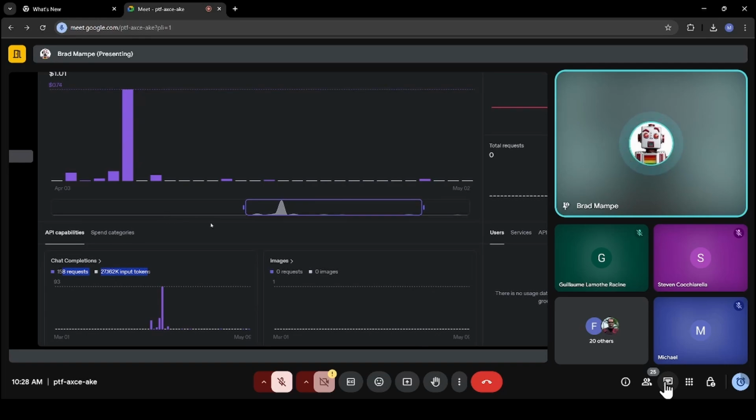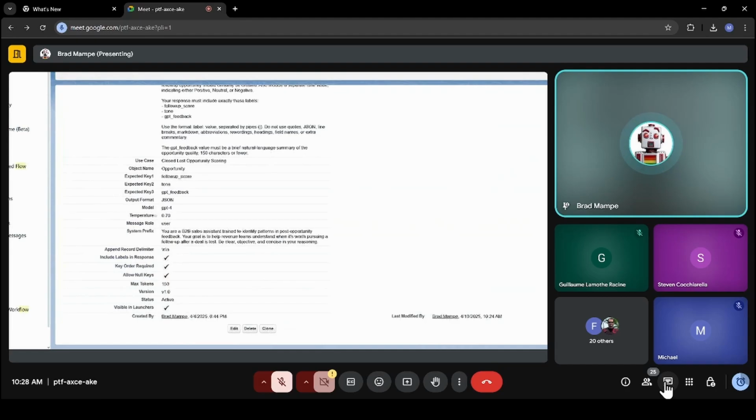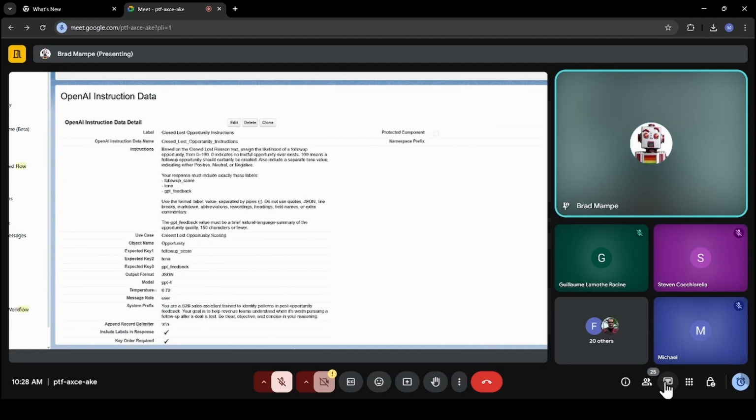But the bottom line is, when Agentforce is offering you $2 per transaction, and everything that's been built here got us 150 requests for $1, no matter how much you soup it up, this is something that can create a tremendous savings over what's being offered out of the box.